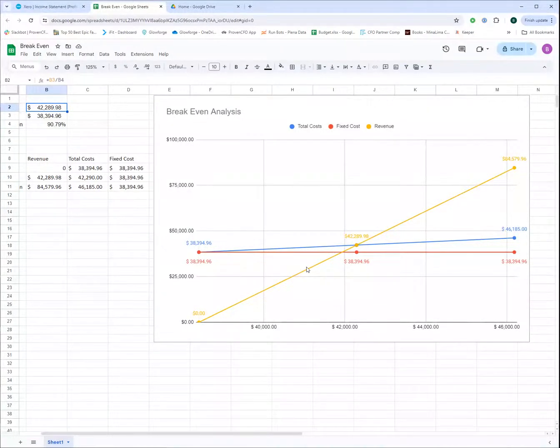So this is critical in just really understanding and helping people to understand where do I need to get to? What's my goal? Let's get to break even. That's always number one, especially with new companies when we're looking at it. You're always trying to figure out what do I need to sell? What do I need to get to so I can at least break even? Number one key goal, break even point. Once we get to break even, then it's all about what can we do to make additional profit? What can we do to make more money, get to a higher net income, and start really ramping up the business into a better place? So that's really how break even is calculated.